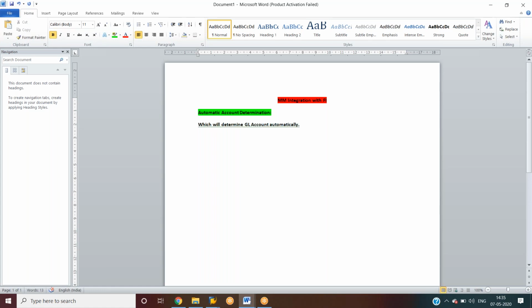So what is a GL account? A GL account means where all the expenses will be loaded.